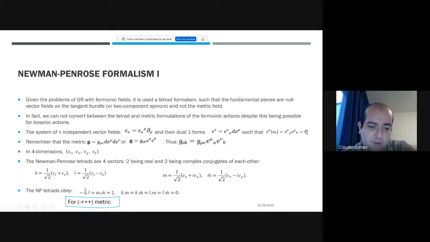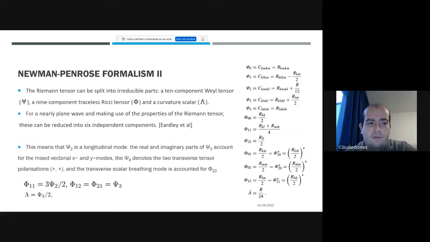And in particular, this condition here occurs for a metric with a signature minus plus plus plus. If we had the other signature, that will be minus plus here and the minus here, or alternatively, the one would become minus one. All the other things would hold. Okay, so